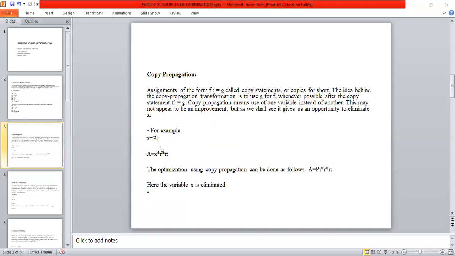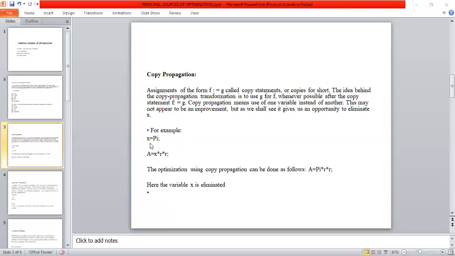The idea behind this transformation is to use g for f wherever possible after the copy statement f is equal to g.